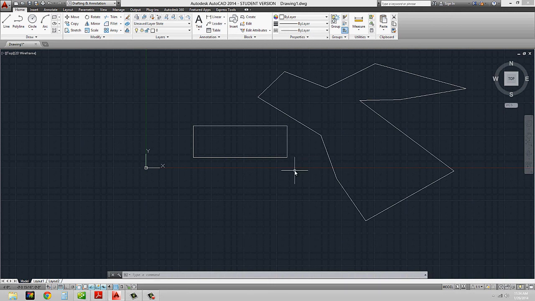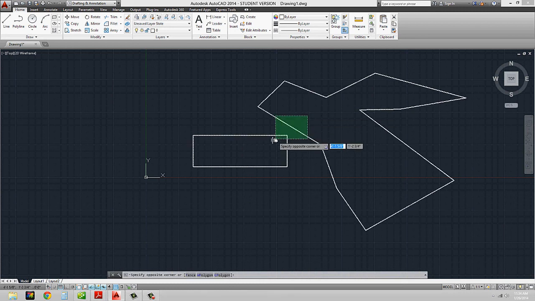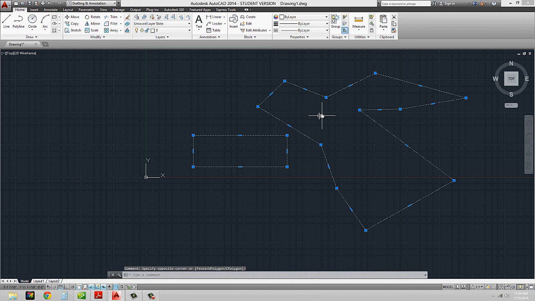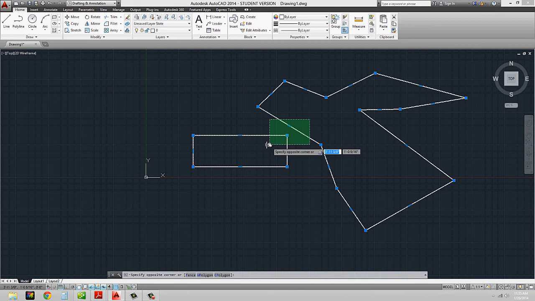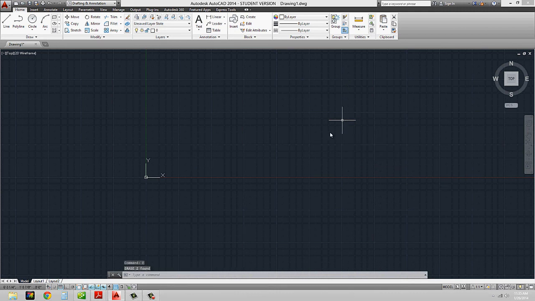So what we're going to be going through now is we're going to be looking at how to draw lines at an angle. So what we had done before is we created rectangles with straight lines. Now what we want to do is we want to draw our rectangles, or any of our shapes with an accurate angled line. Okay, so there's, again, a few ways of doing it, which is how AutoCAD operates. So before we begin, I'm going to select these objects, according to the selection tools that we learned last week. As I said, I tend to use the green selection tool just because it's a little bit faster. And I can hit E for erase and enter, and that will erase them.